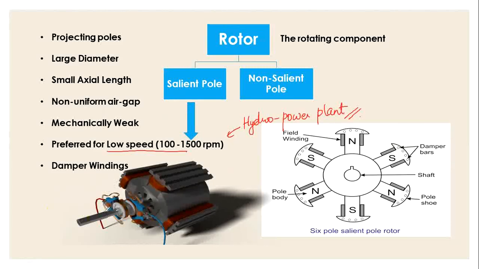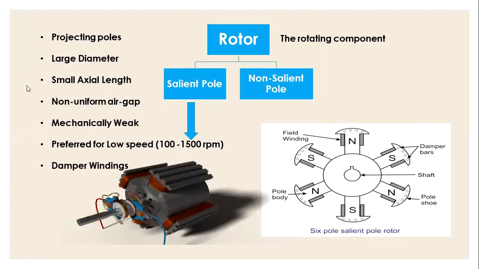For these types of rotors, we need to provide some mechanical input. And how do you provide mechanical input to the synchronous generator? With the help of prime movers. So here the prime movers that are used can be IC engines or water turbines. So with the help of these prime movers, we can provide the necessary mechanical input for such types of rotors.